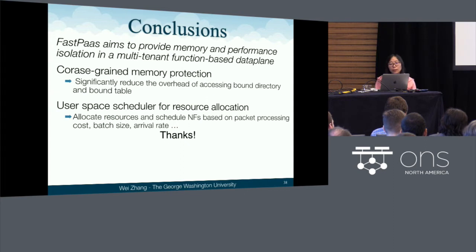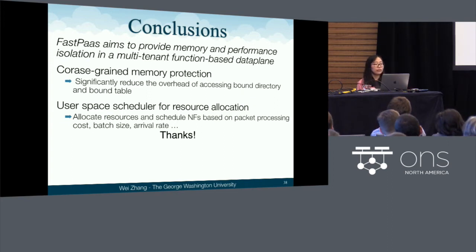FAST aims to provide memory and performance isolation in a multi-tenant function-based data plane. It uses a coarse-grained memory protection to significantly reduce the overhead of accessing the bound tables. It uses a user space scheduler for resource allocation, which considers different metrics like the network function, the batch size, the packet arrival rate,